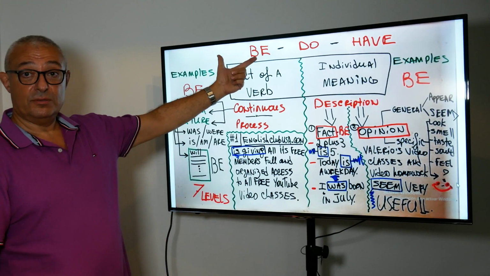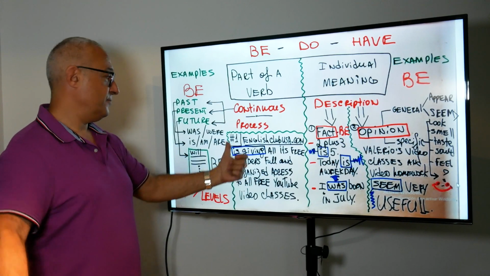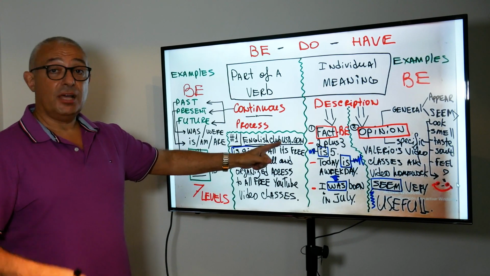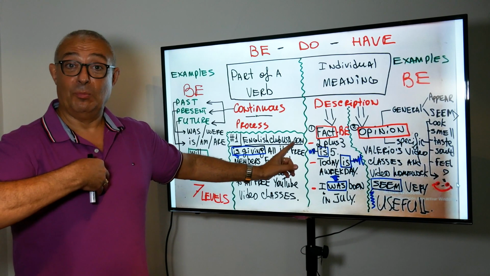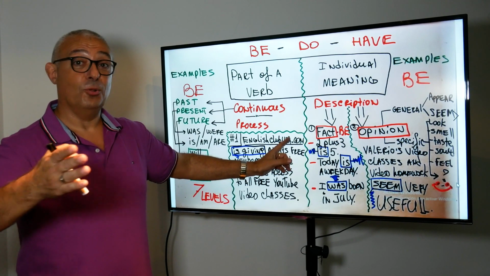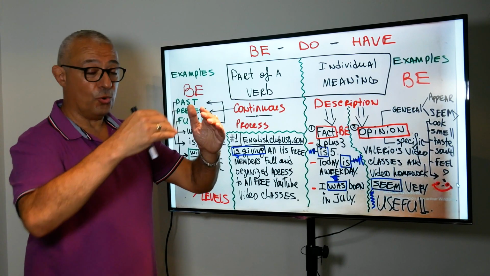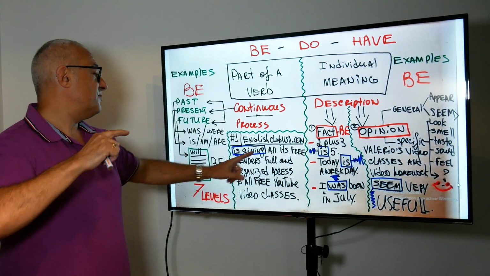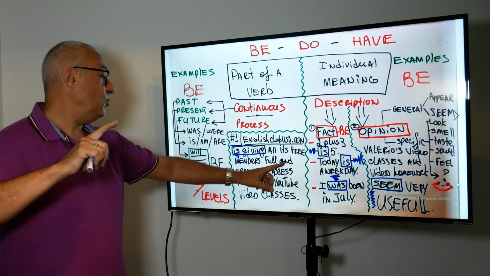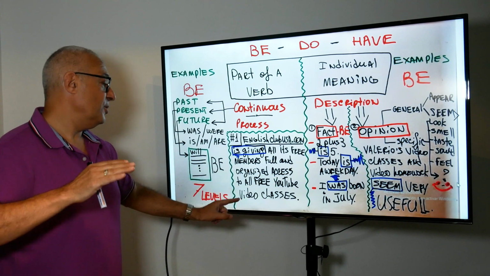How verb to be is used as part of a continuous process. EnglishClubUSA.com, which is my website where you can find all of the homework videos as well as YouTube videos, all organized in a nice way, is giving all its free members full and organized access to all free YouTube video